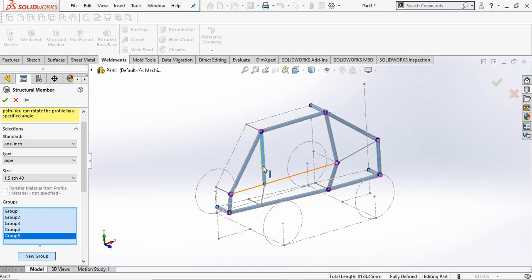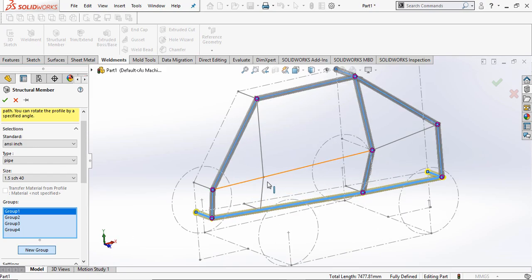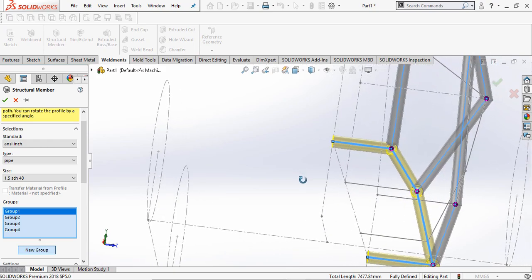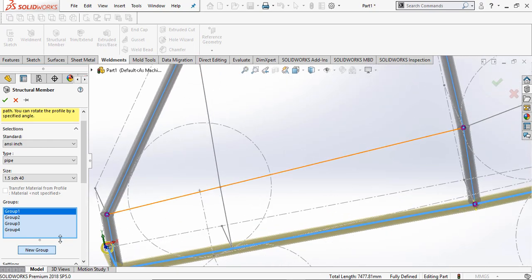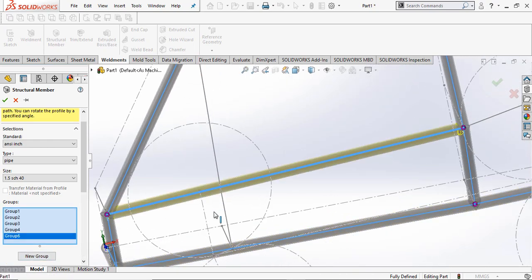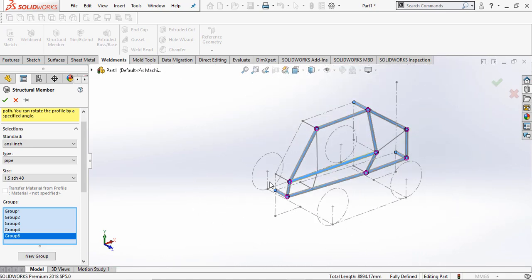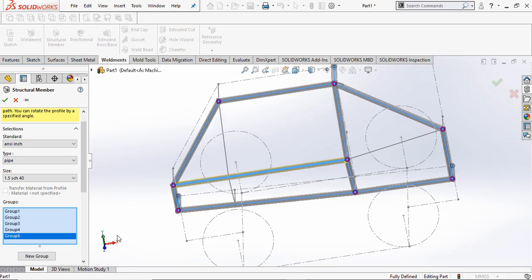No, we do not want this to be created now. Firstly, we will create the side members. If we create a new group here and another one,